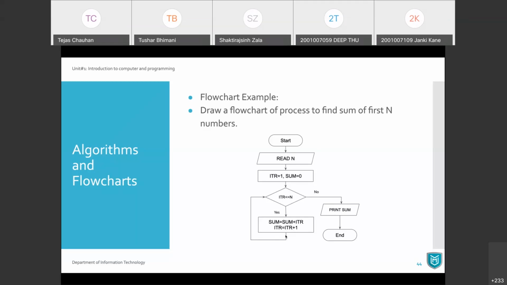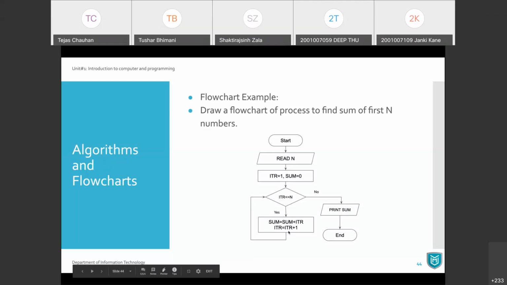You go to this path and at this place you again check your condition. 2 less than or equal to 5, yes. You go to this loop again. Make your sum and then ITR will be increased. 2 plus 1, it becomes 3. So go to this path and here you say 3 less than 5, yes, and so on.